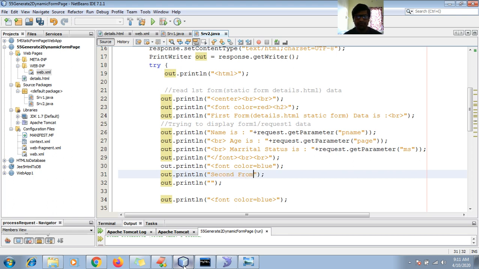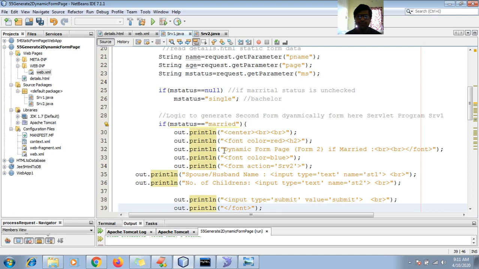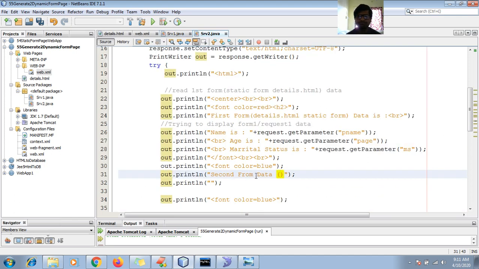Second form data, or you can call it dynamic form data. So what I made here as a response, let me check it here, dynamic form page data. Okay, it is form 2. Okay, fine, data is, okay, fine. So I want to show you